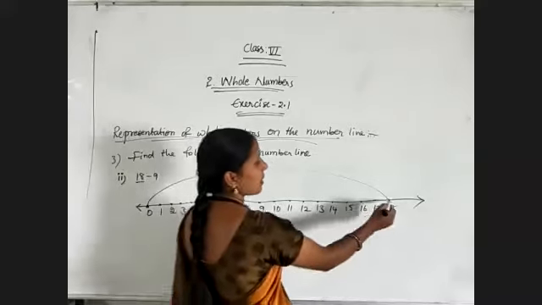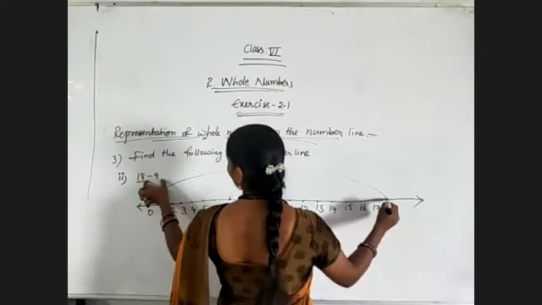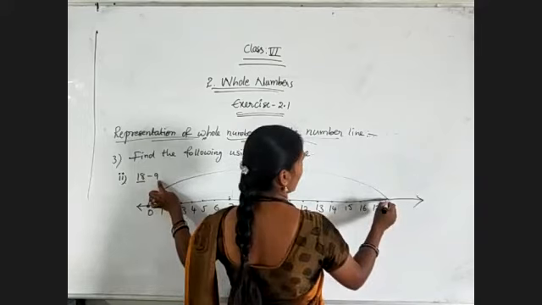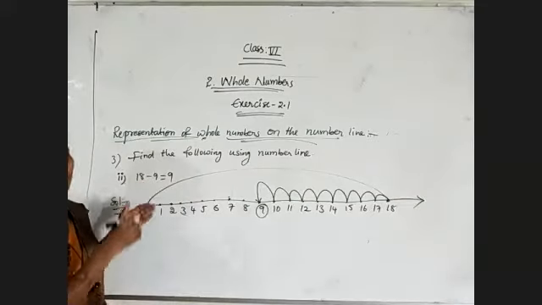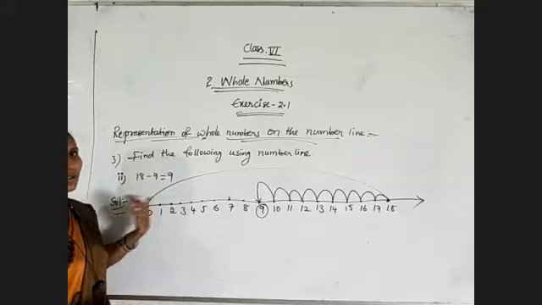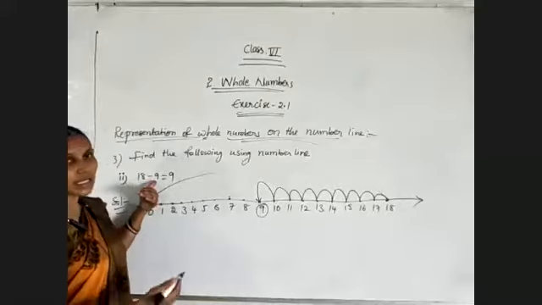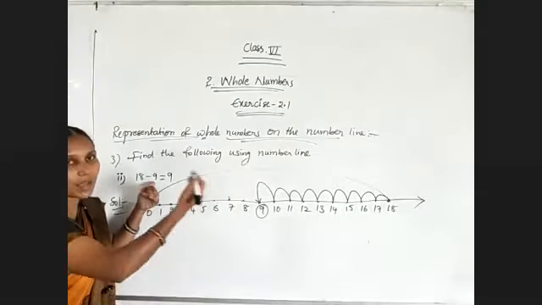Okay. So where we are stuck at 18. How much we need to deduct? 9 we have to subtract. So 1, 2, 3, 4, 5, 6, 7, 8, 9. 18 minus 9 is equal to 9. If you are having plus, you have to move forward. If you are having minus, you have to come back. That is left side, you have to move by how many steps you need to subtract, that many steps you have to come back.